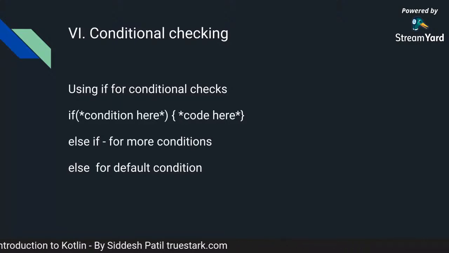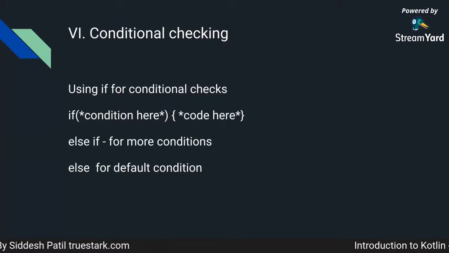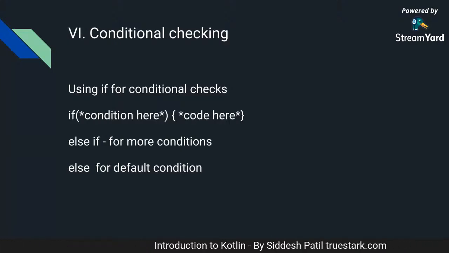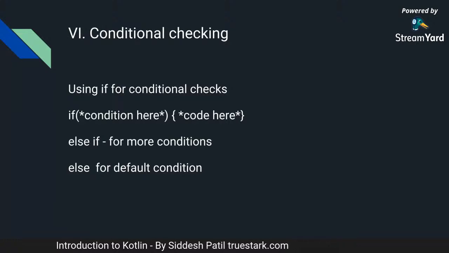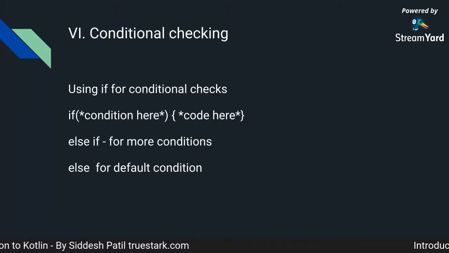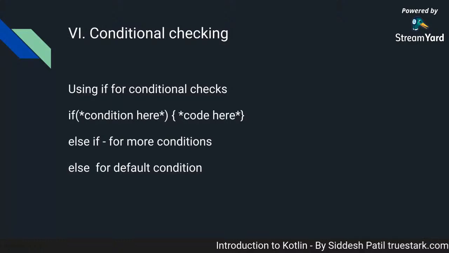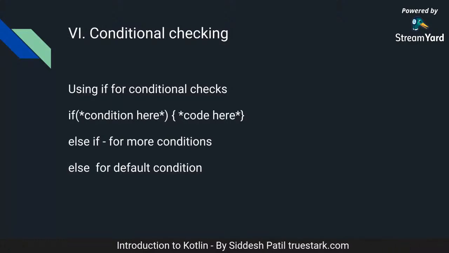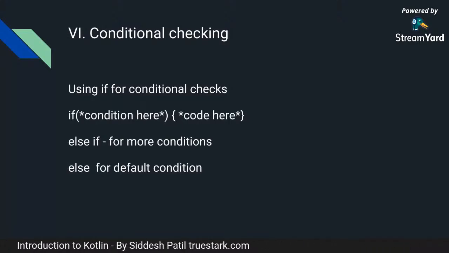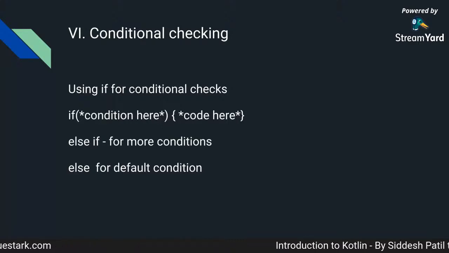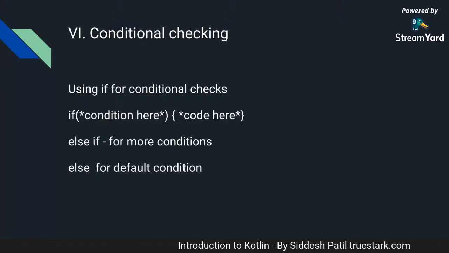Conditional checking is basic. You've seen that in the previous example. So here we have if statements. If we want to check a condition, if something is happening in the way it should happen, then we use if cases for conditional checking. The syntax is very simple: if, round brackets, we define whatever condition we want to check, and then the curly braces and the code for that execution. So that's the syntax.